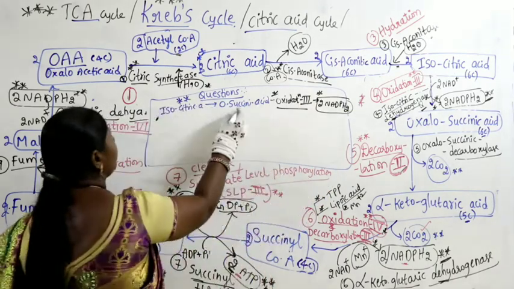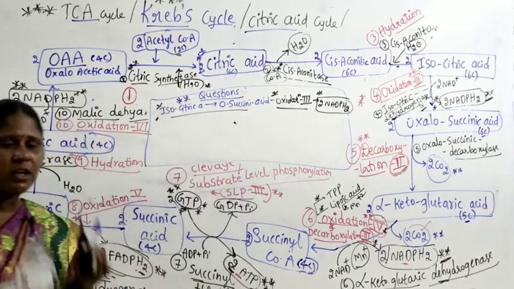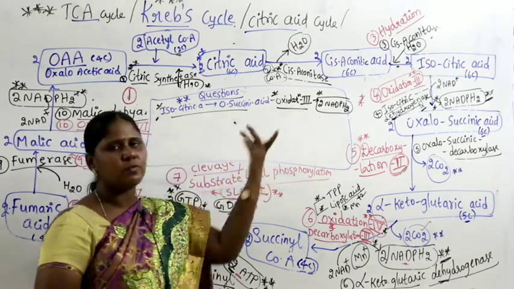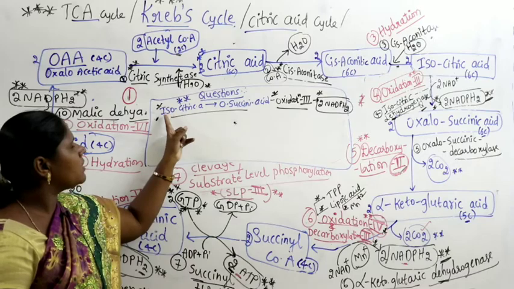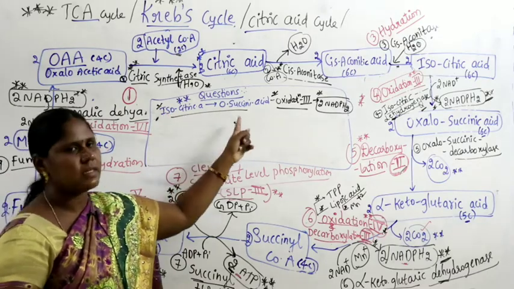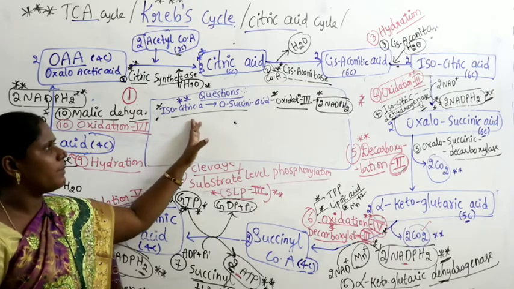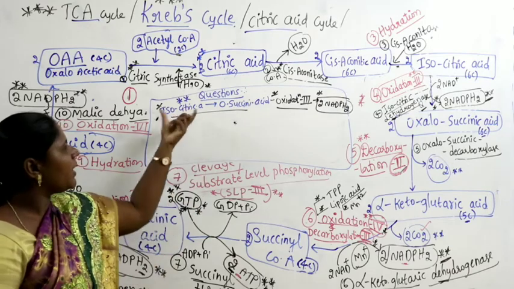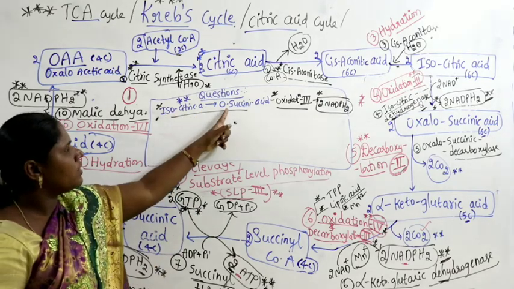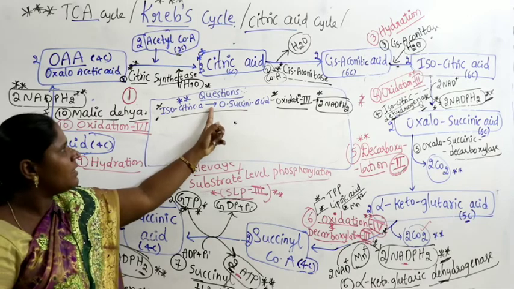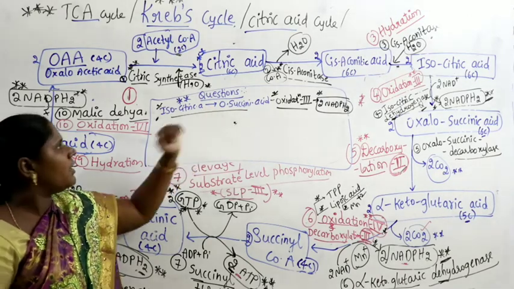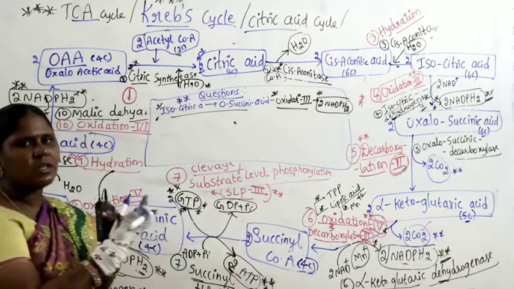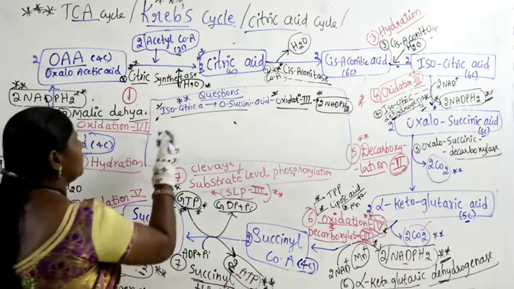And the conversion you also have to remember. Again, start writing. These are the questions you will get: oxidation number 3, where NADPH2 is produced, from where to where? You have to remember isocitric acid to oxalosuccinic acid. This may be expected in the form of a question. So like that, show where oxidation steps take place and try to remember the substrate, the product and the name of the enzyme. Obviously the enzyme will be a dehydrogenase, so isocitric dehydrogenase.